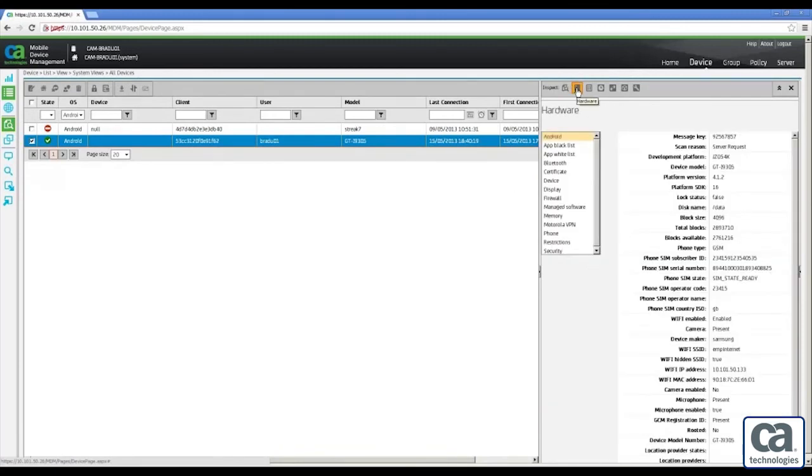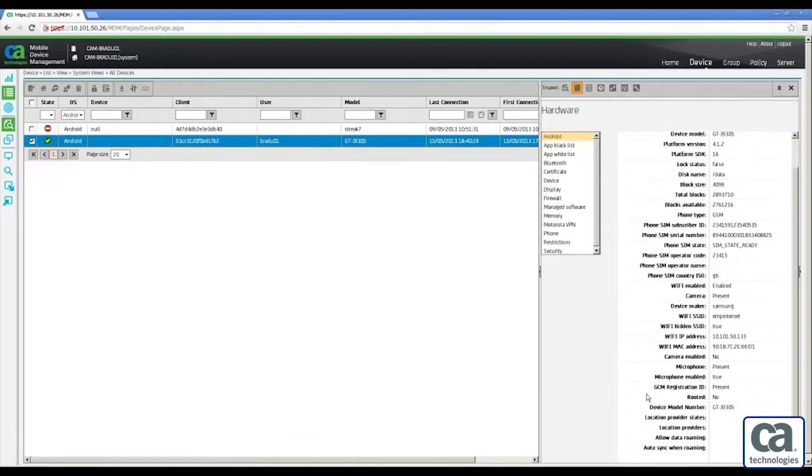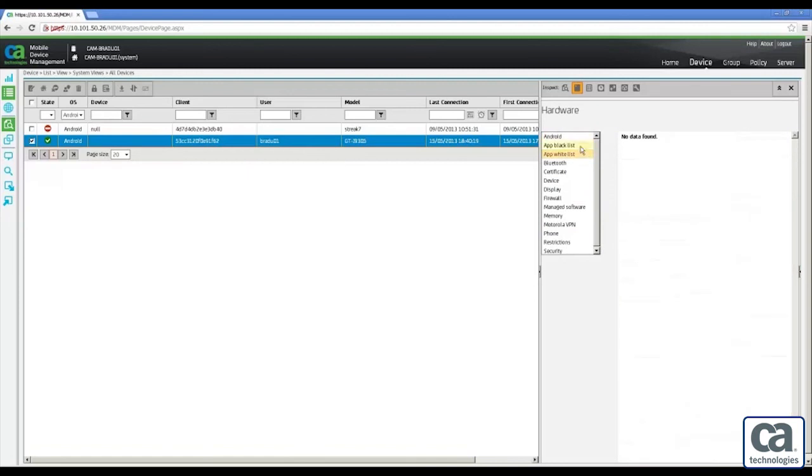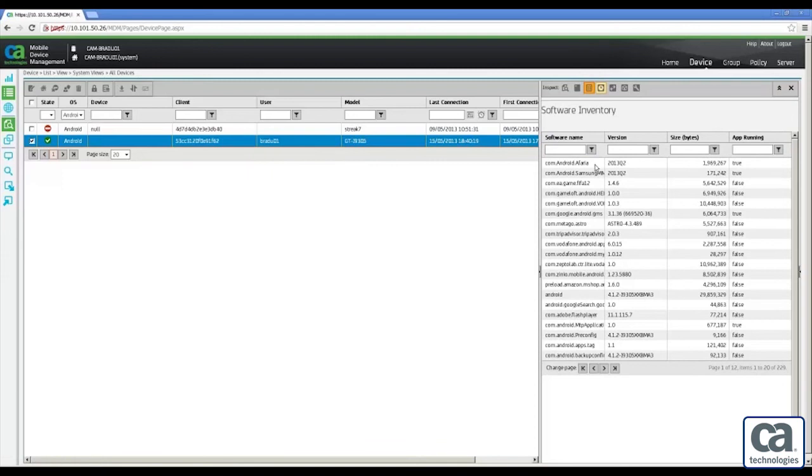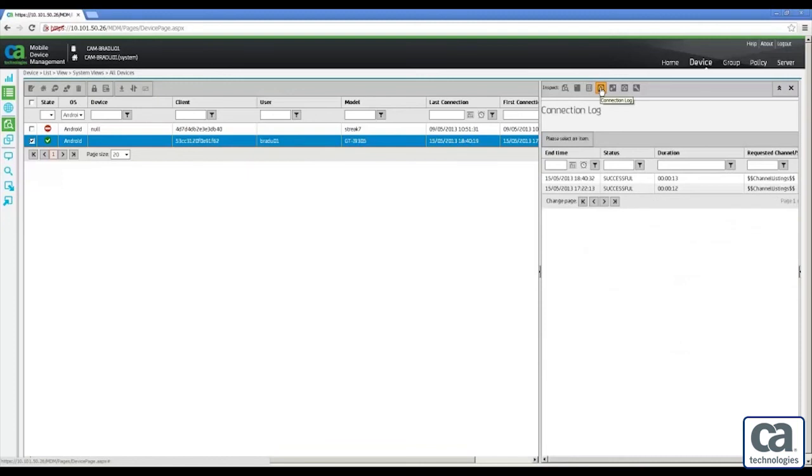If we click on hardware in detail, we can see even more detailed information about the device. One thing that's worth keeping an eye on is the GCM registration. If it says not present, that could indicate a problem. We can look at app whitelist, blacklist. They're not configured on this app yet, but we can look at that when we look at configuration policies. Here's a software inventory, so this has been detected from the device. Connection log information,